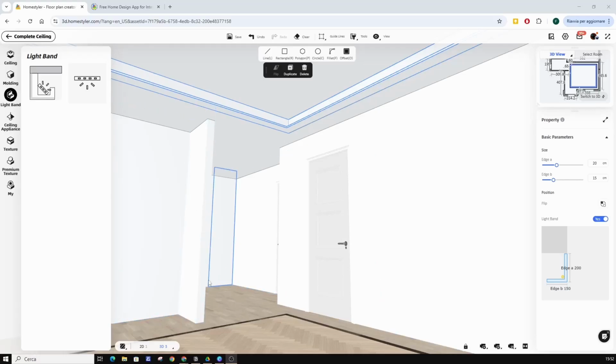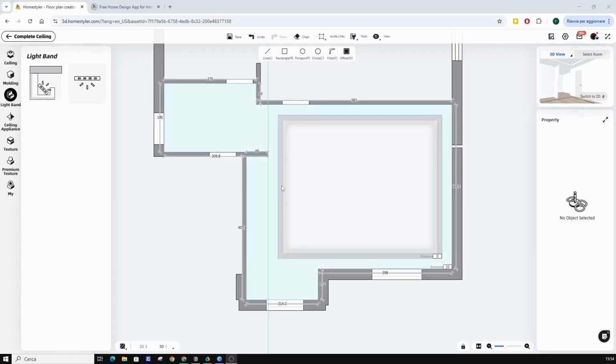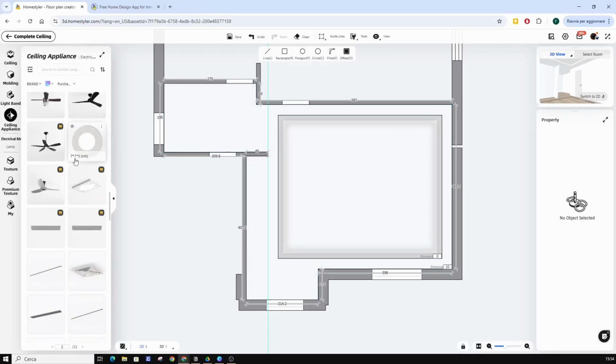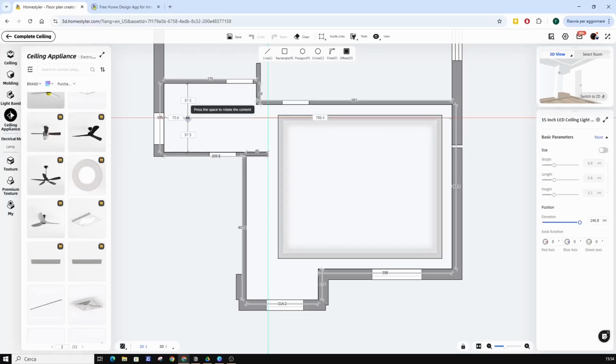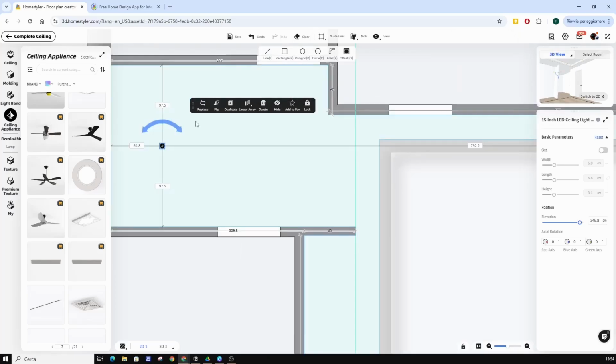Let's go to 2D. We can also insert other light fixtures. We can insert some spots in this area. We choose ceiling and piles. We look for this, select it, place it, and we see that Home Styler allows us to center the spotlight directly in the width of the ceiling to which we apply it.